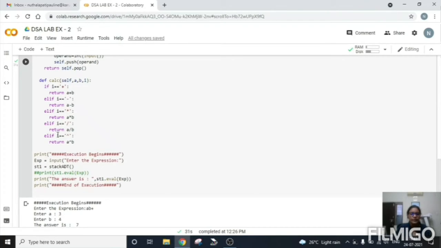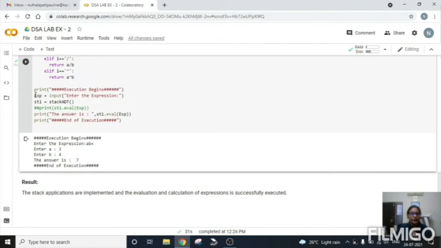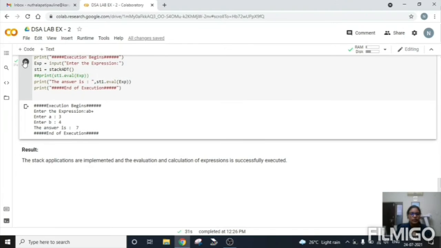So we have used this if-else condition so as to calculate the expression. If the operator is plus, which means addition, it is going to add and return the value. Similarly, it will take subtraction, multiplication, division, and power. And finally, I have given the print statements, which print the outputs and also take inputs. So let's run the code and see.